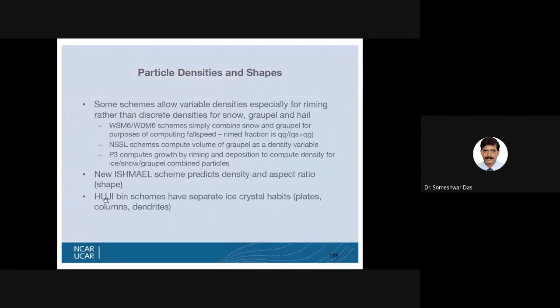If you are using the HUCM bin scheme and going to that much detail, then it is going to be a very complex scheme. Such schemes are normally not used for day-to-day weather forecasting in NWP. They are good for research purposes, for your understanding. Maybe in future when we have much more computing power; already we have computing power of 7-8 petaflops.